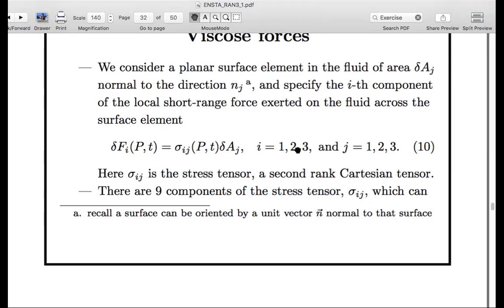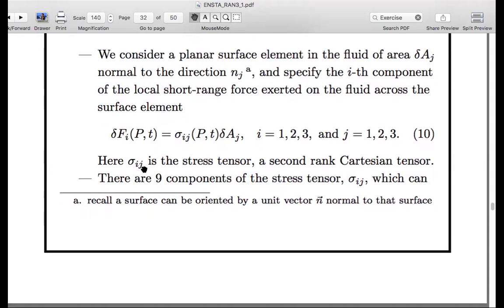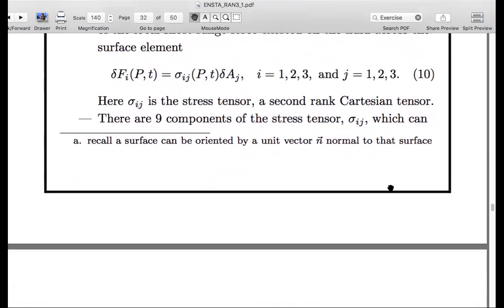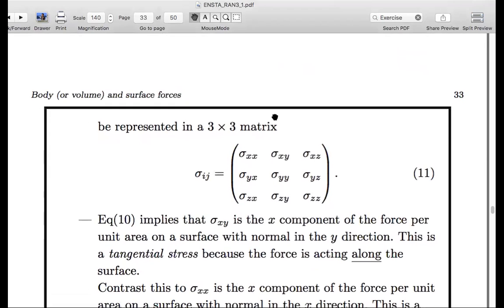And this is just a reminder that i and j take the values 1, 2, and 3 because we're in a three-dimensional space. So as I mentioned before, sigma ij is a second rank Cartesian tensor. So there are 3 times 3 equals 9 components in a three-dimensional space. I can write that as a matrix. So here's what I mean by a matrix. It's just a table of values,